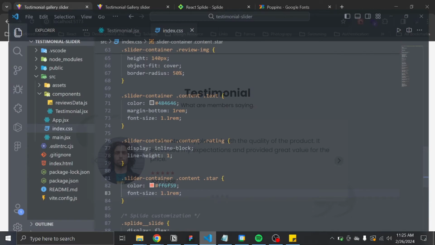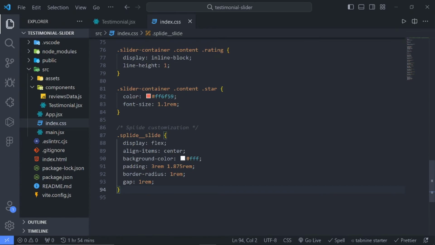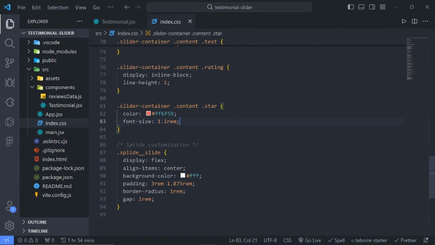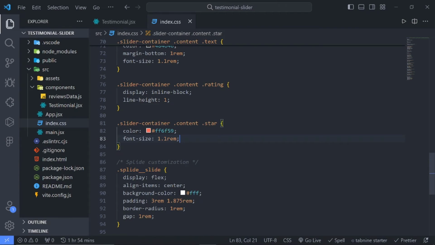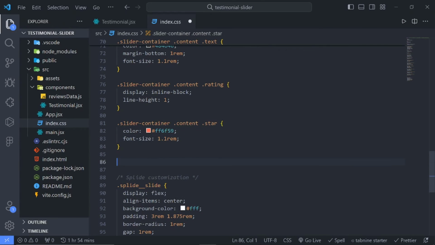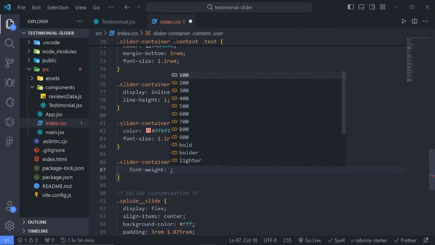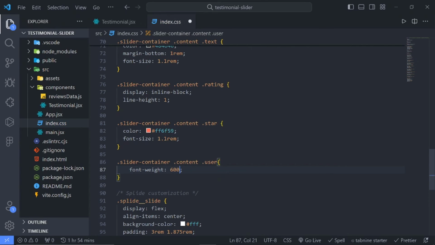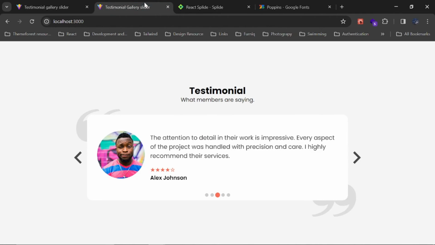So cool. So guys, give me a minute, I'll be back shortly. So we added the font size to the star rating. So for the user, we'll do the same thing and say user. Basically we just have the font weight, so it's a font weight of, let's say, 600. Alright,